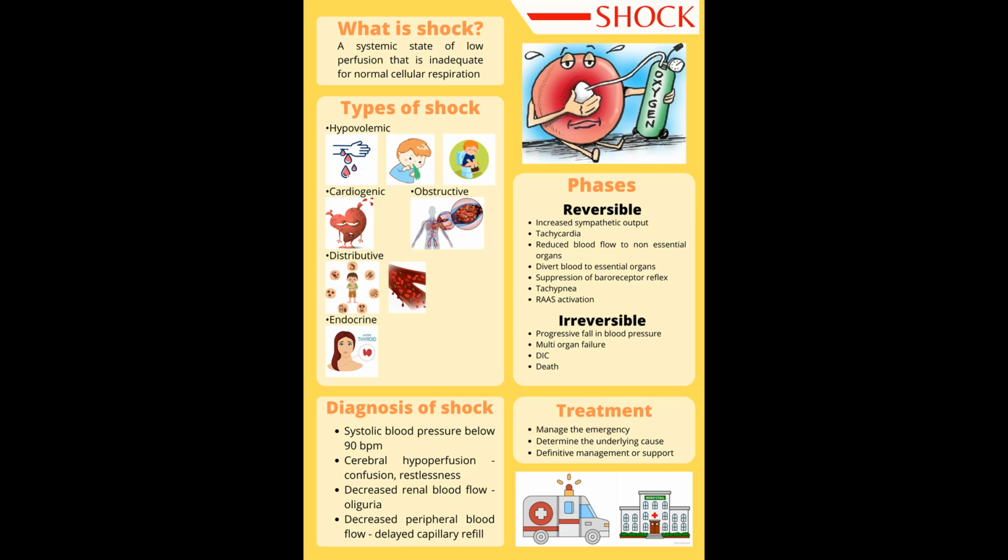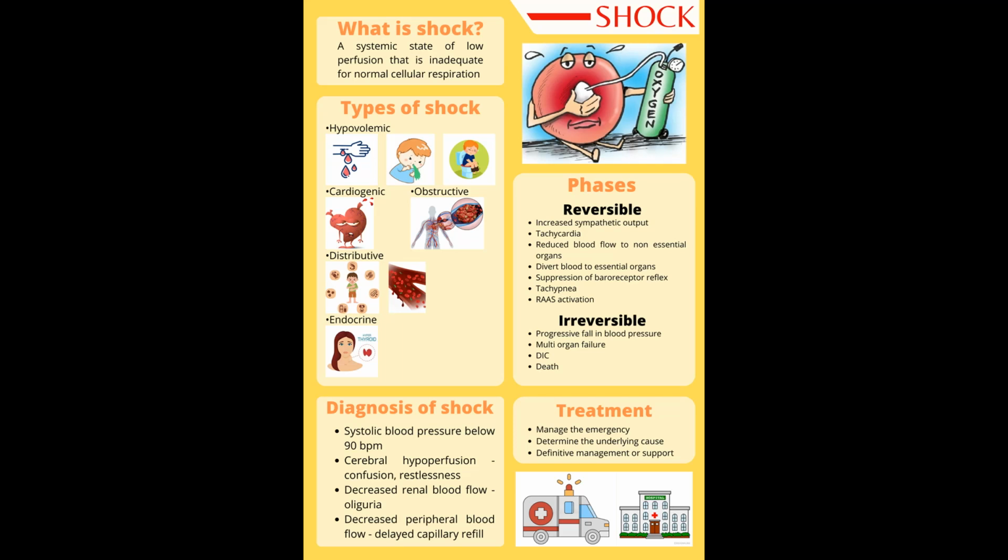External hemorrhagic hypovolemic shock occurs more commonly due to trauma such as road traffic accident. Non-hemorrhagic shock is due to loss of fluid from the body, and the common causes include reduced fluid intake in conditions like dehydration, or in conditions which cause loss of fluid from the body such as vomiting and diarrhea.